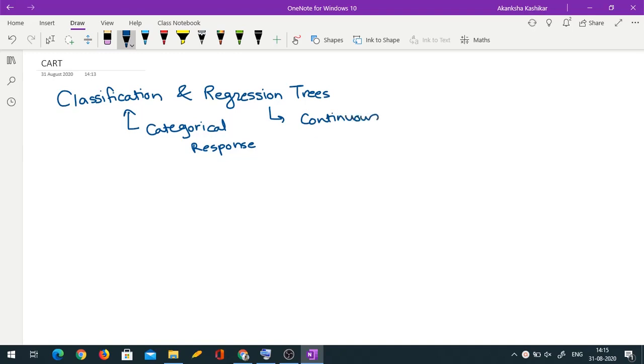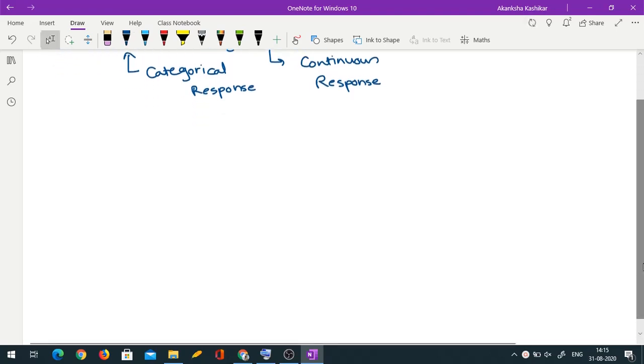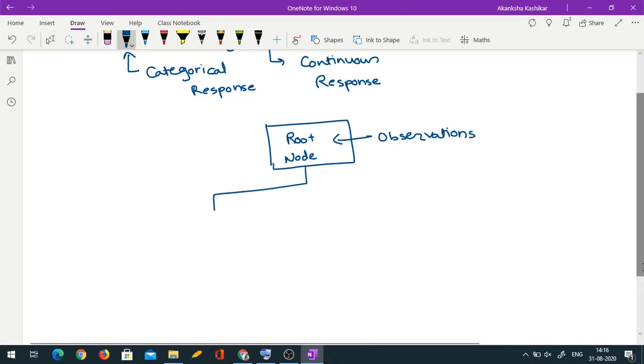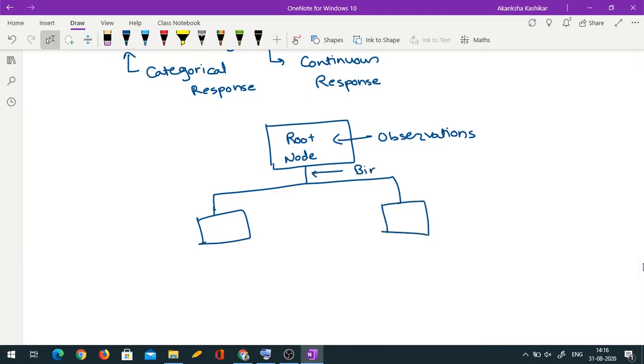Okay. So as the name suggests, the algorithm works in the form of a tree. So what do we mean by a tree? Initially we start with what is called a root node. All our observations would be placed in one class, which would be known as the root node. Then this root node would further be split into multiple nodes. At first split you will have two nodes, and this split is always a binary split.